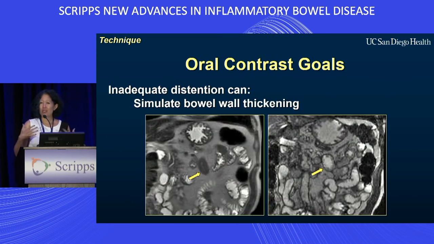So what are we going through all this effort for? Well, we want to obtain uniform distension of the entire small bowel because having areas that are collapsed makes our job a lot more challenging. So for an example, in this setting, this is the exact same location, the exact same loop of bowel. Images obtained within a couple of minutes of each other, and you'll notice that this looks like an abnormal segment of bowel, but it's perfectly normal when we see the fluid going through this segment of bowel through an area